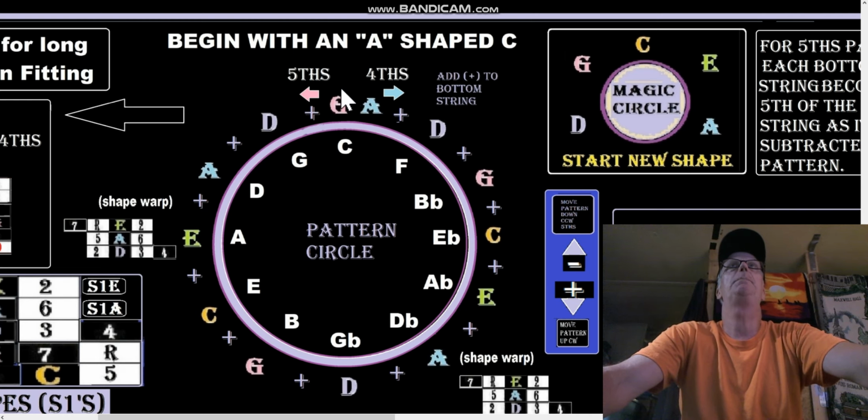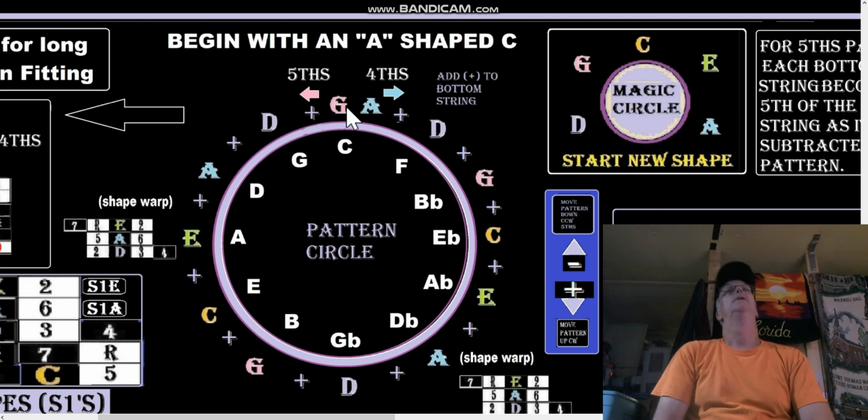So we're moving the pattern up, we're pushing the pattern up. Add to bottom string. So we're starting out with, let's say, the A shape here. There's a little anomaly here where it doesn't come back exactly to the same place, but I lined it up so that at least it's back to the same box. You know, in cage, A and G are close enough. So